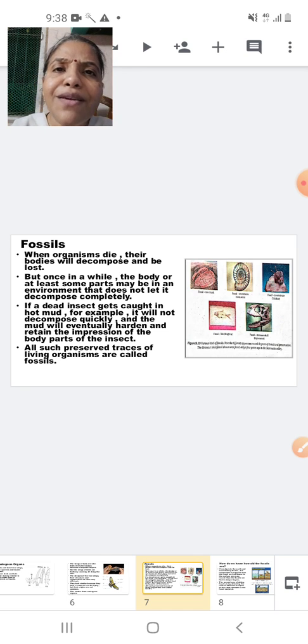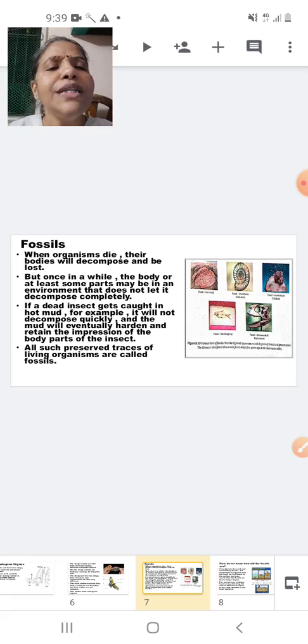These dead remains exist even now, because sometimes the dead bodies of these plants and animals get trapped in hot mud. When they get trapped in the hot mud, they tend to get preserved, and they tend to remain for years and years. And the structure which you get is called a fossil. Fossils are very important as far as evolutionary studies are concerned.